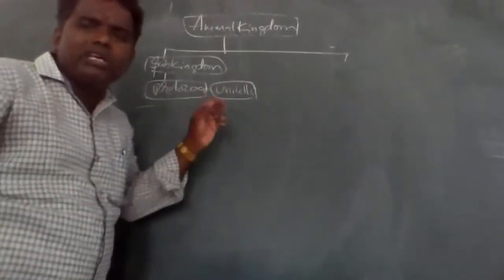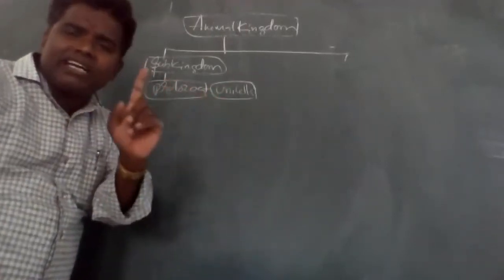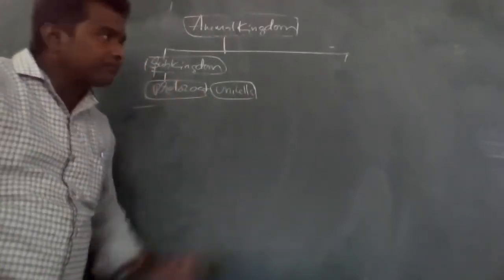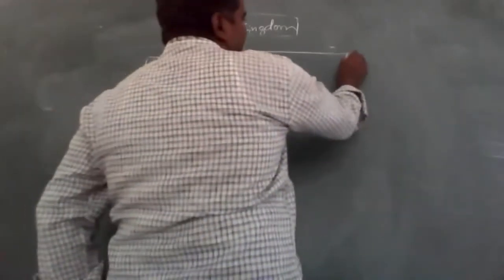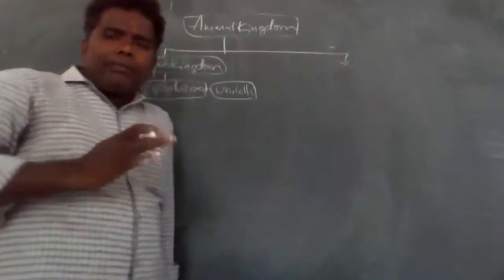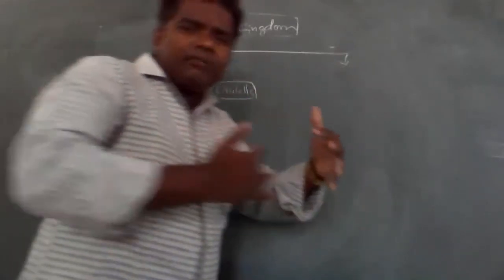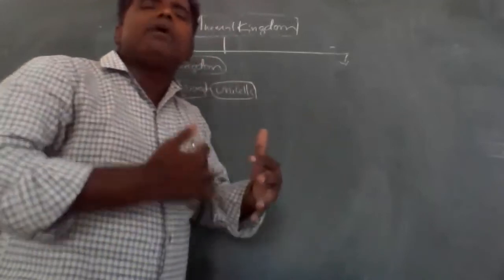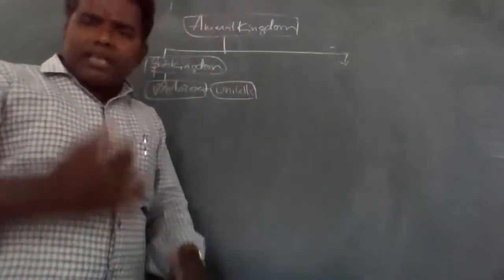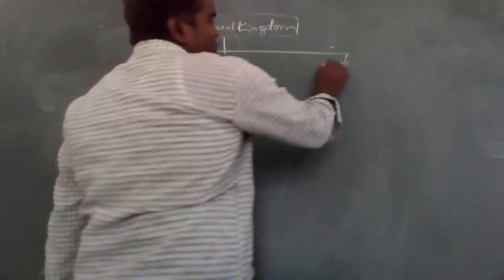These protozoans are called unicells. That means unicellular organisms, a single cell organism. Next, all the remaining animals are called multicells. That means a number of different cells are there. That's why it's called